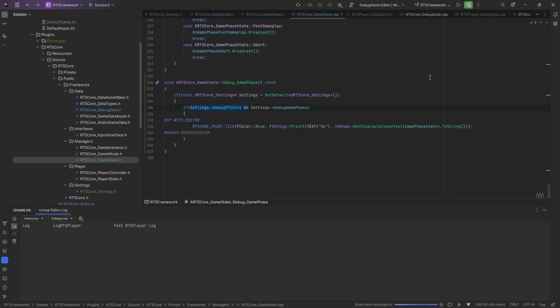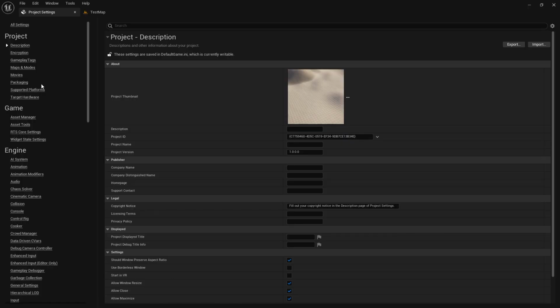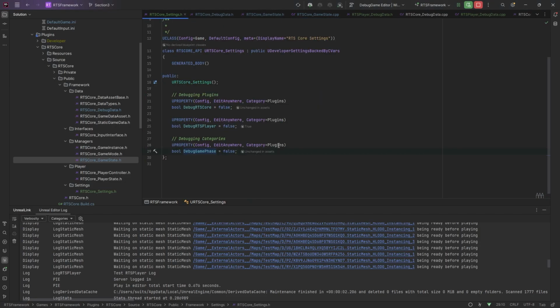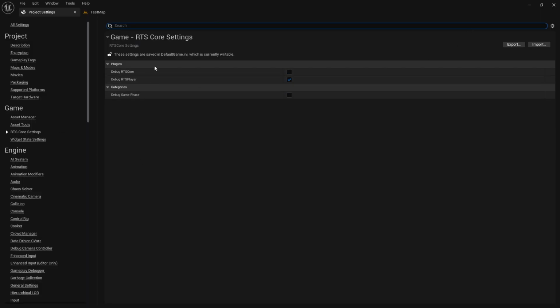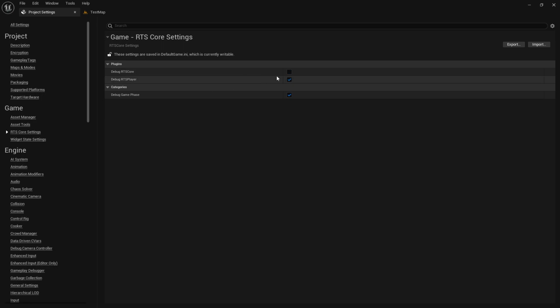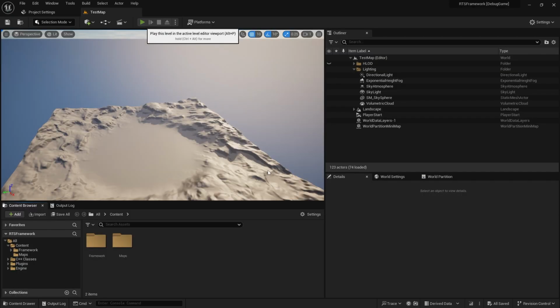I'll relaunch. I won't do a hot reload. Oh, I didn't change the category. Sorry, I thought I changed the category to what I meant to do. I wanted to show you the categories. There you go. There's the different categories. I'm sure you've never seen it before. But now if we have all of these switched on and we play,